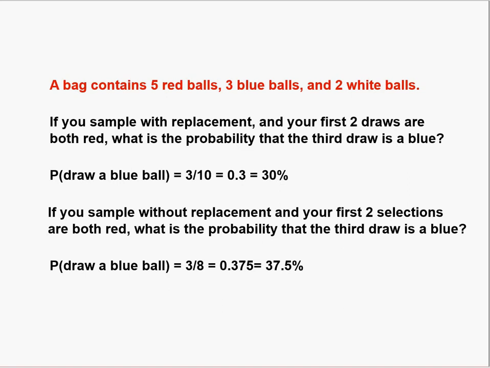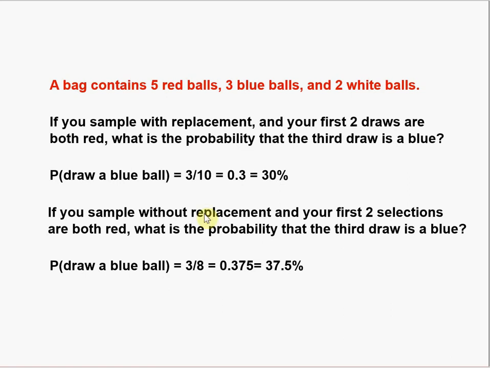Now, since you replace the first 2 balls back into the bag, when you go back to draw the third ball, there are still 10 balls in the bag at the same composition: 5 red, 3 blue, and 2 white. Therefore, the probability of drawing a blue ball is,